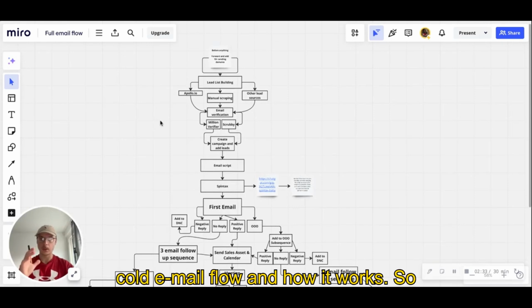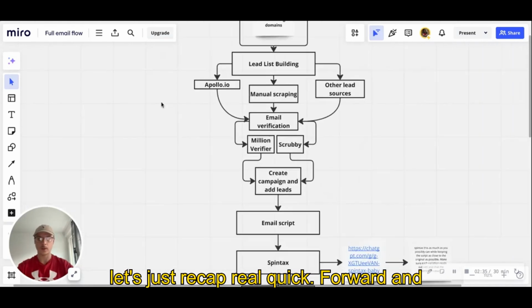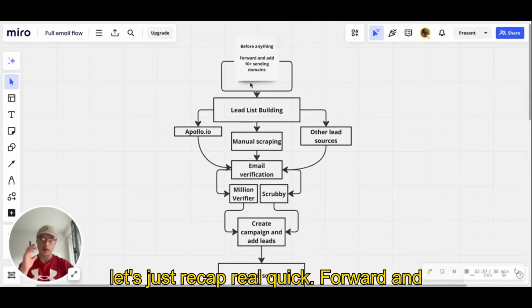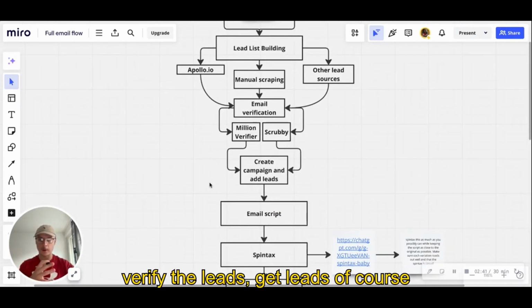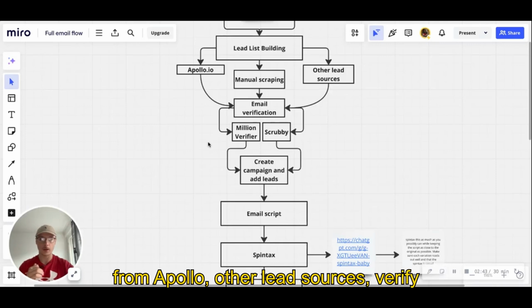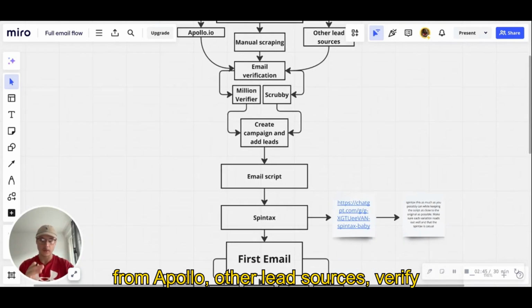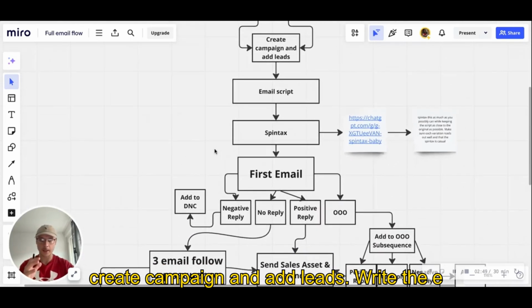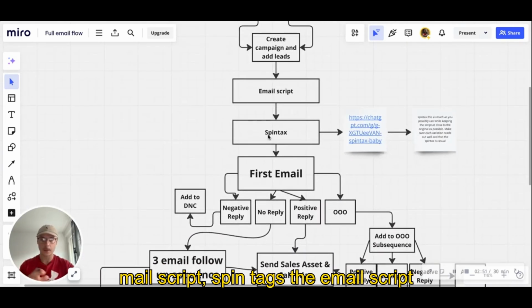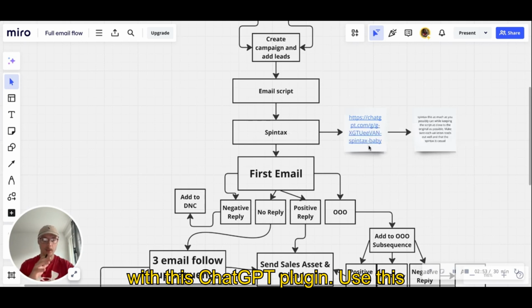That's our whole cold email flow and how it works. So let's just recap real quick. Forward and add 10 plus sending domains, lead list, verify the leads, get leads, of course, from Apollo, other lead sources, verify leads with Million Verifier and Scrubby, create campaign and add leads, write the email script, spin tags the email script with this ChatGPT plugin, use this prompt for it,